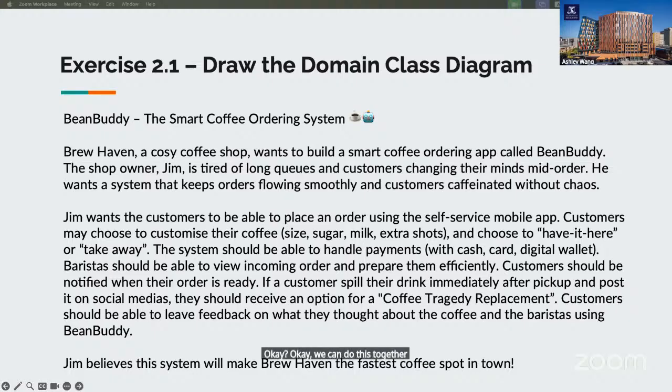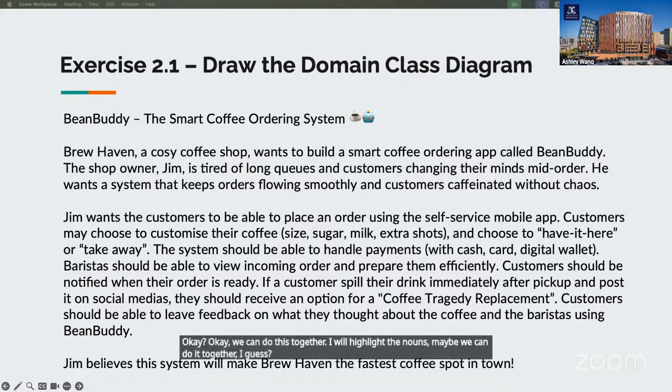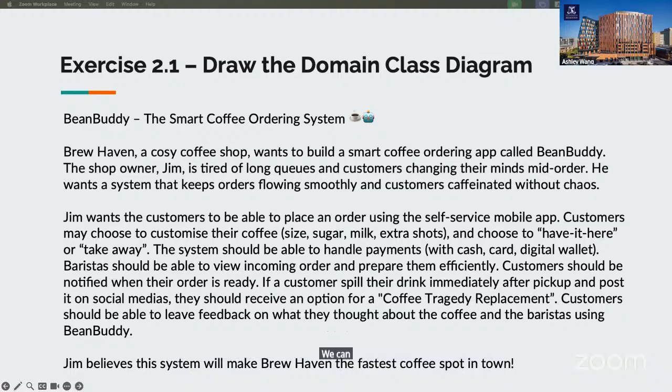I will highlight the nouns. Let's pick blue. Okay, let's start with this. What nouns are we seeing?